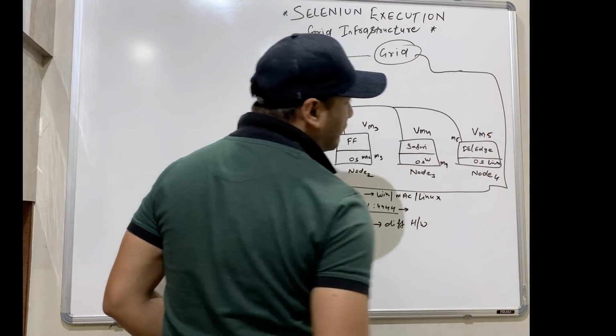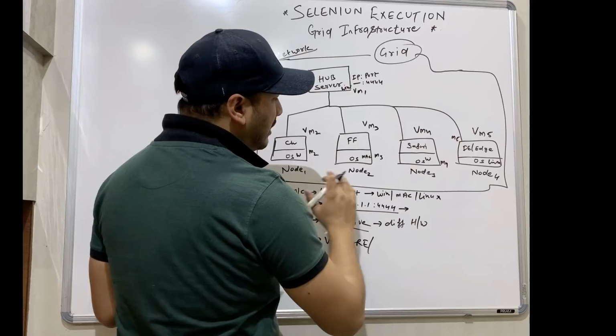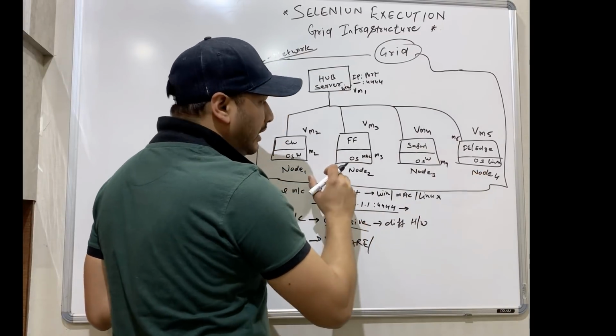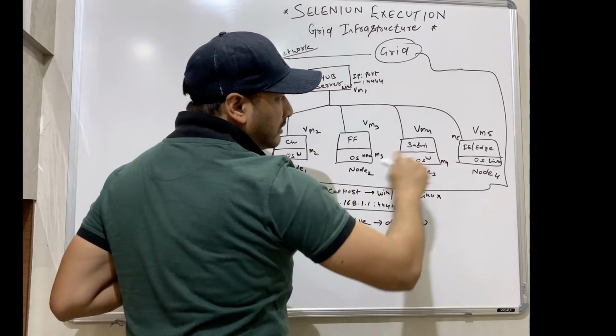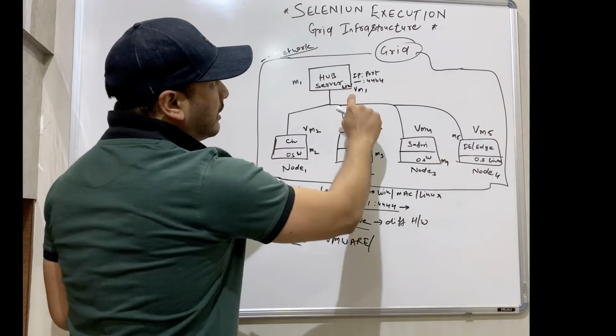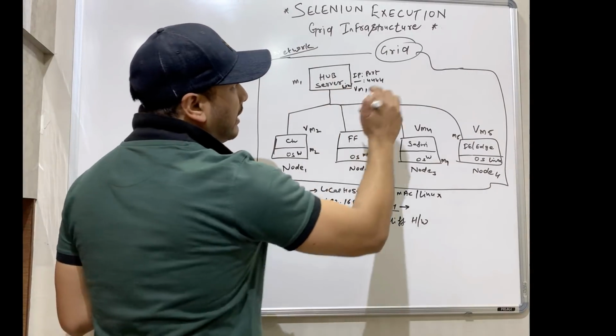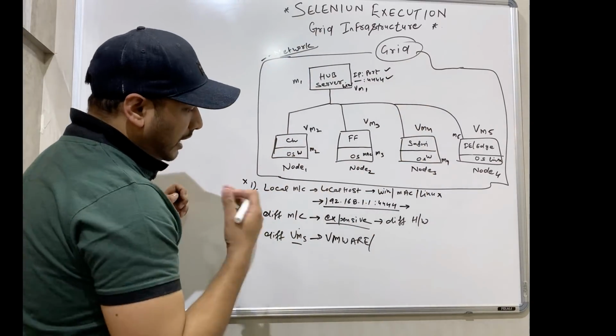virtual machine number 5. And all these virtual machines from VM2 to VM5 are behaving like a node, having their own guest operating system, and multiple browsers are running on those VMs, and they all are connected to VM number 1, where your hub is running, and we have the IP and port number over here. That also you can do.